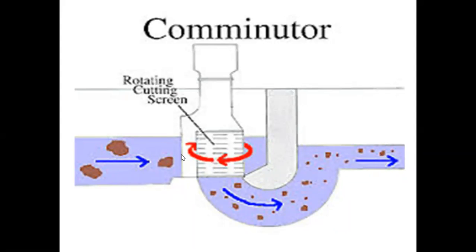Larger size particles are entering. This rotating cutting screen machine will cut that particle and convert it into small pieces and allow it to flow along with the wastewater to the next unit operation or unit process. So why is it done in screening? We are simply removing these particles with the help of a bar screen inclined in the downstream direction at a 45-degree angle. But here we are not only separating out, but also crushing and converting into small pieces up to 20 mm diameter and allowing to flow.